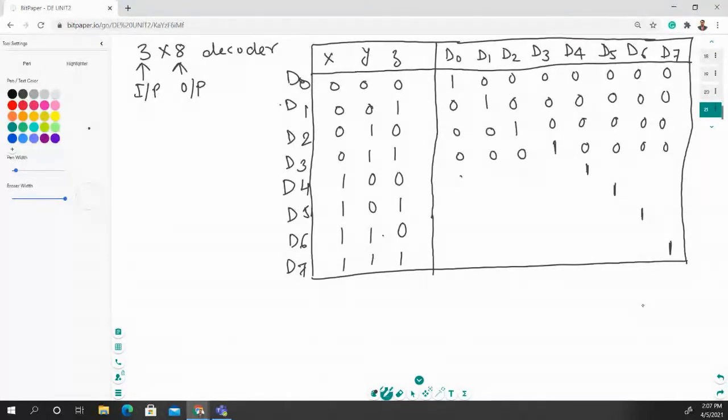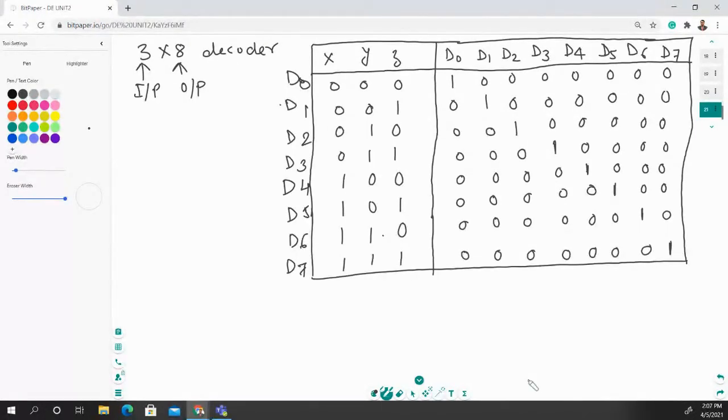So all of you, is it understood how we have created the truth table, or we can say the output and input table? Quickly give your response. Any doubt related to this table creation? If you have created this table, then 50% of your work is complete. So y0 z0, yes, you are right. X bar, y bar, z bar.